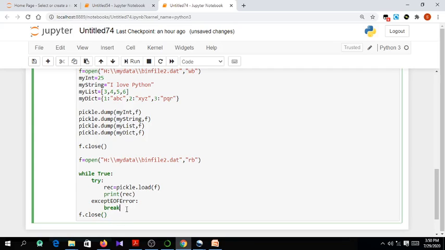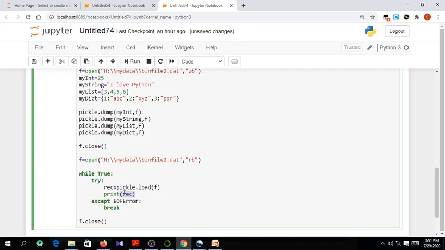So what I have done in this case, to read the data, instead of writing pickle.load again and again, is set up an infinite loop, while True. This will execute forever until we encounter a break statement, because the condition is always true. We are using a try and except block of exception handling. In the try block I am trying to load the data, and every time I load some data from the file, I print it as it is. First it will load the integer, then the string, then the list, then the dictionary. So this will go on 4 times, smoothly.